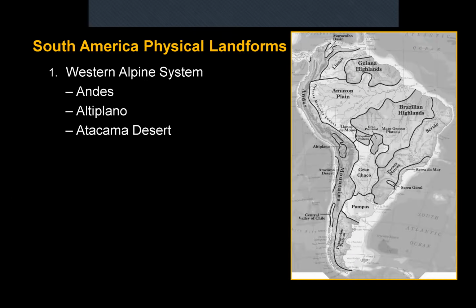Another important area in this region is the Atacama Desert. That's on the western side, going all the way from Peru down through Chile, and it's one of the driest deserts on Earth. We'll talk about why that exists coming up. It's like the Baja Peninsula